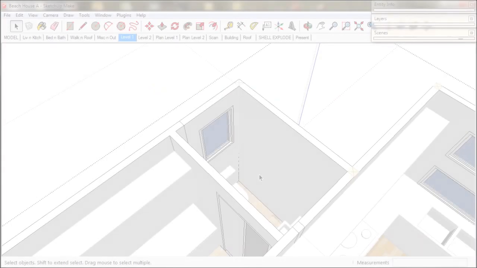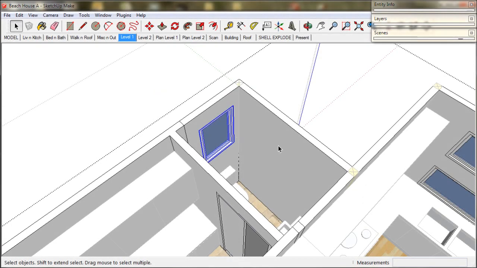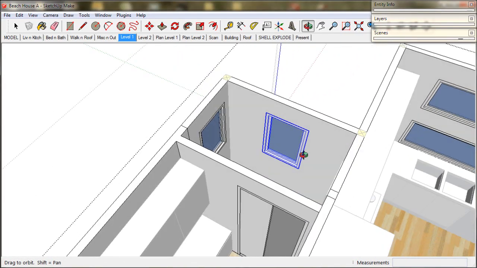And I'd like to change this toilet window. We just need to put it in a more discrete spot. So we select it and using the Move tool, we tap the Control key to make a copy, place it on the other wall